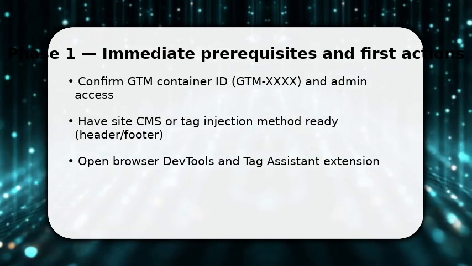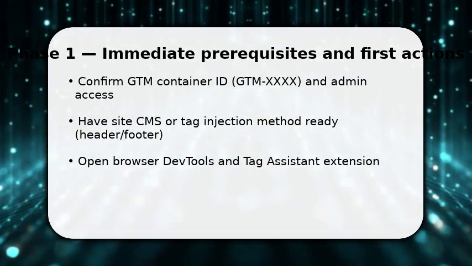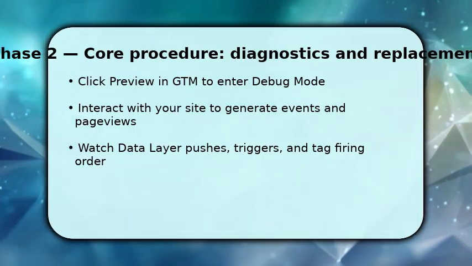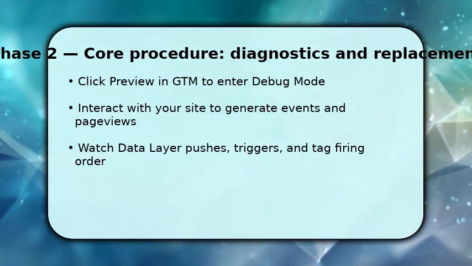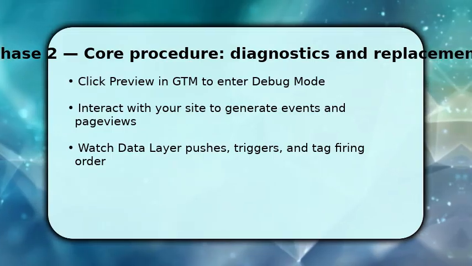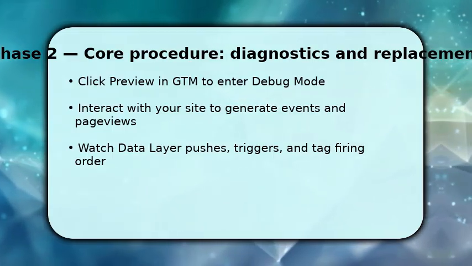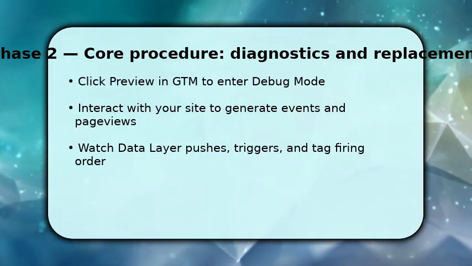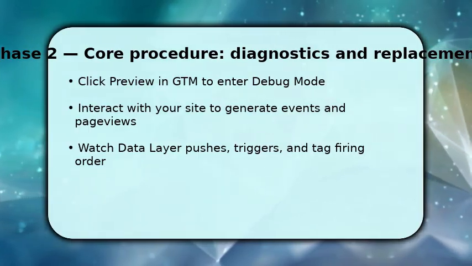You now click Preview in GTM to enter debug mode, which lets you observe the data layer and tag behavior in real time. Once connected, navigate your site and perform the exact actions that should trigger tags: page loads, clicks, forms. Observe the debug panel, check variables, data layer pushes, and trigger conditions so you understand why a tag fired